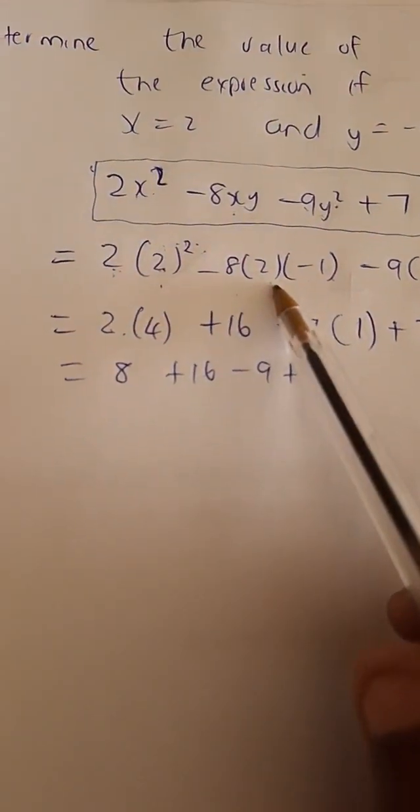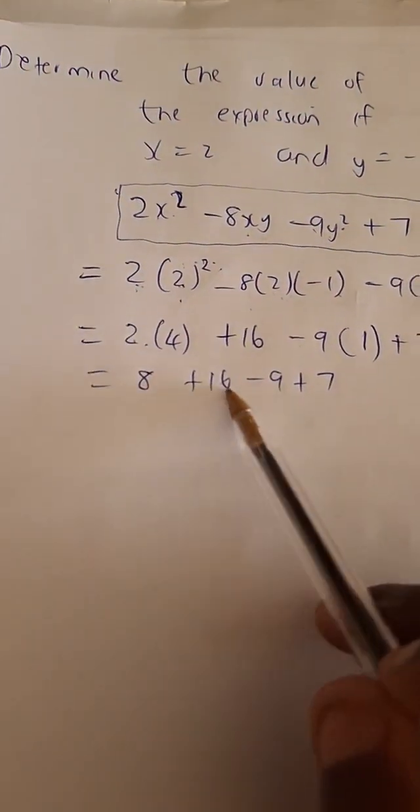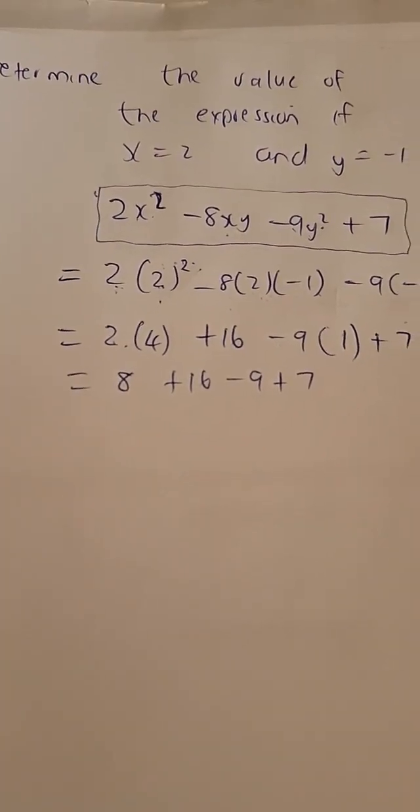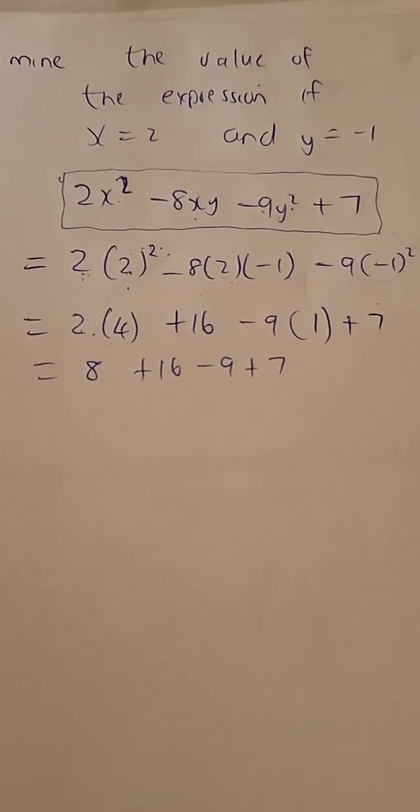So very, very important. Yes, you can do that too, because multiplication is commutative. So 8 plus 16 minus 9 plus 7. Surely, guys, the beautiful answer that you get at the end, which I'm sure you all have in your heads, is